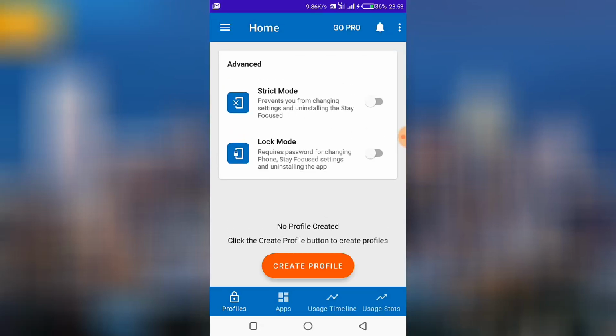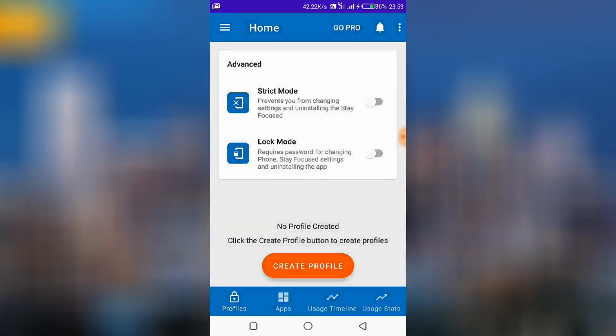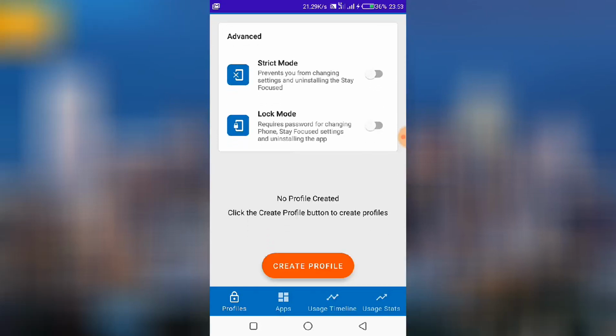Then also on the top left corner there is also a menu there. I won't talk much about what is there. So once you get it, you can also explore all the other functionalities that I do not discuss in this video. So in the first place, let's go to apps. Down here, the lower menu, apps,